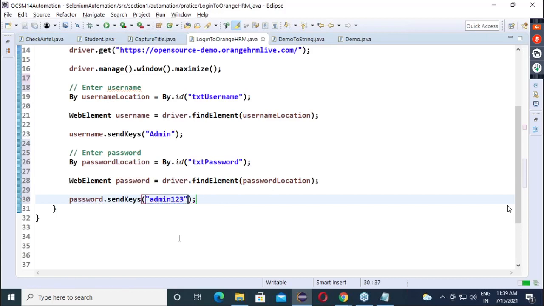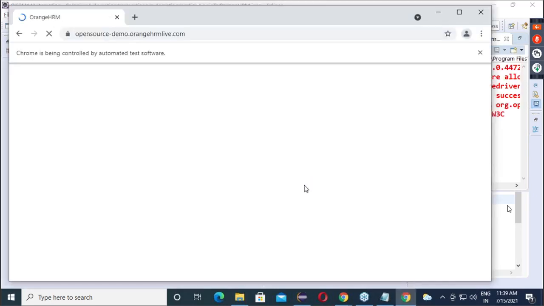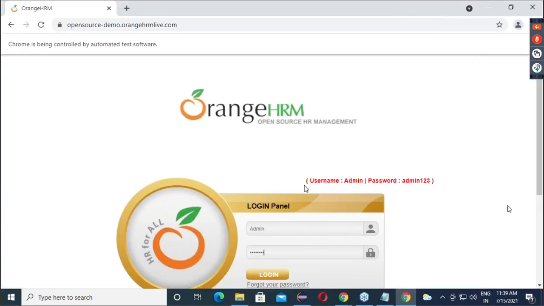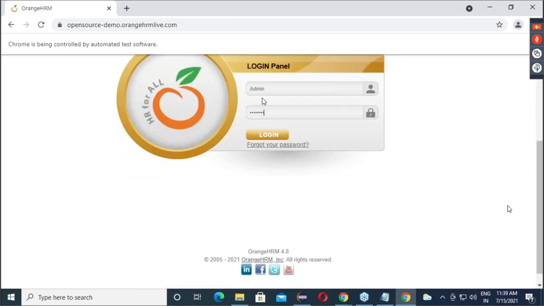Shall we cross check whether it is working or not? Observe this. Is it working? Entering admin, entering password.